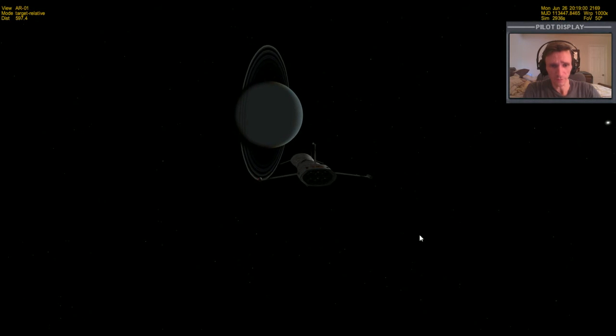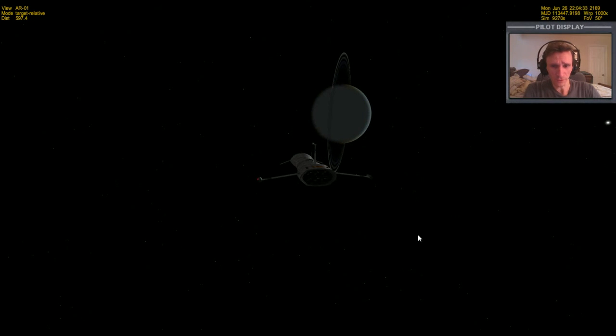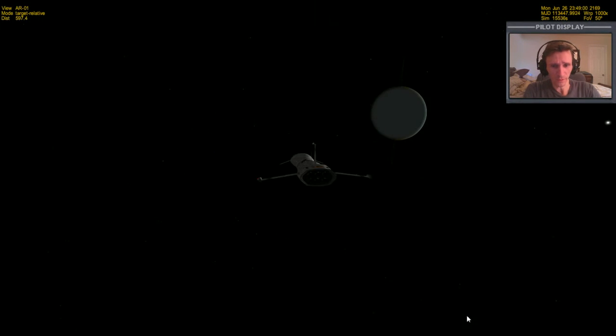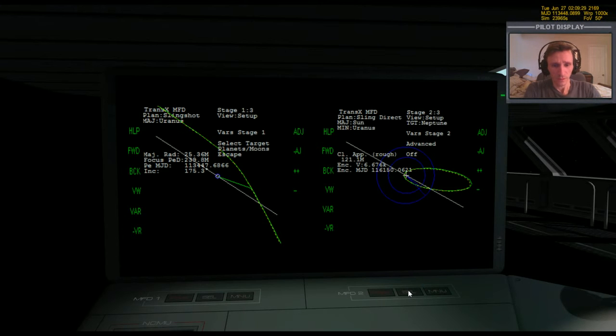Start heading out away from Uranus over to Neptune, because we do need to do our initial mid-course correction. So I'll definitely go ahead and record up to that point, and then we'll pause the video, and then we'll pick up when we get a little closer out to Neptune, because nothing's going to change between one planet and the next. Everything that you saw me do